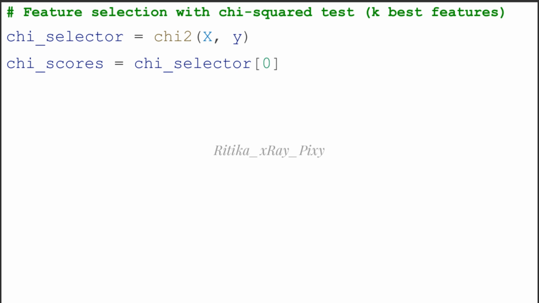Here you can see we have chi2 X, Y. So we will perform here chi-square test to evaluate how well each feature correlates with the target variable, that is the flower species. So now we will assign a score to each feature based on this correlation.